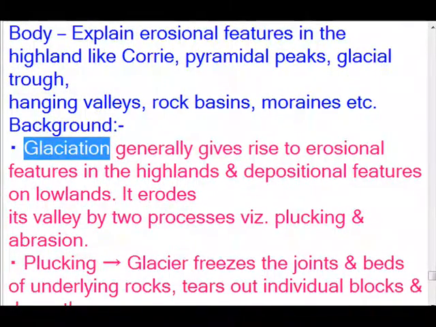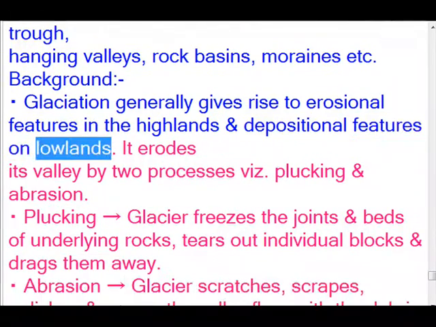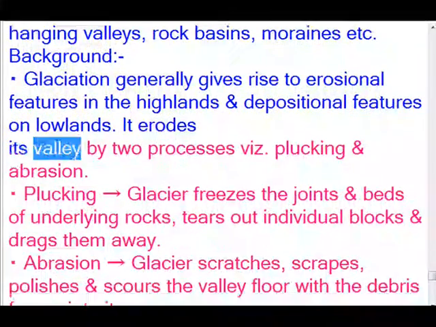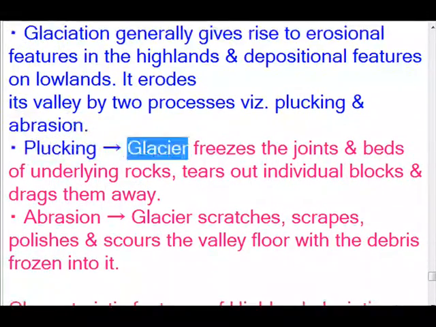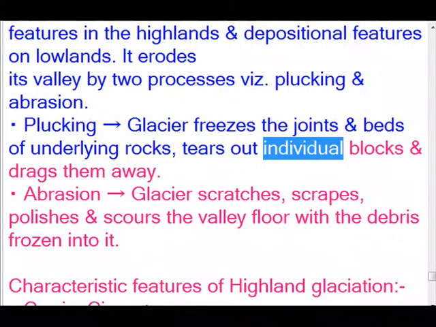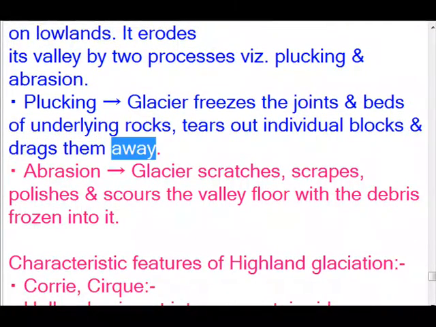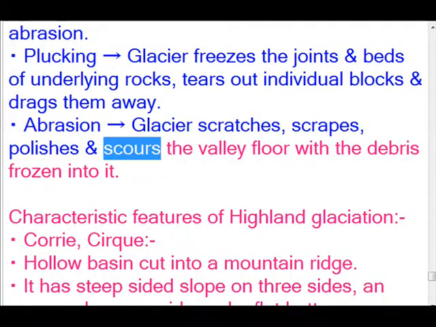Background. Glaciation generally gives rise to erosional features in the highlands and depositional features on lowlands. It erodes its valleys by two processes: plucking and abrasion. Plucking: the glacier freezes the joints and beds of underlying rocks, tears out individual blocks and drags them away. Abrasion: the glacier scratches, scrapes, polishes, and scours the valley floor with the